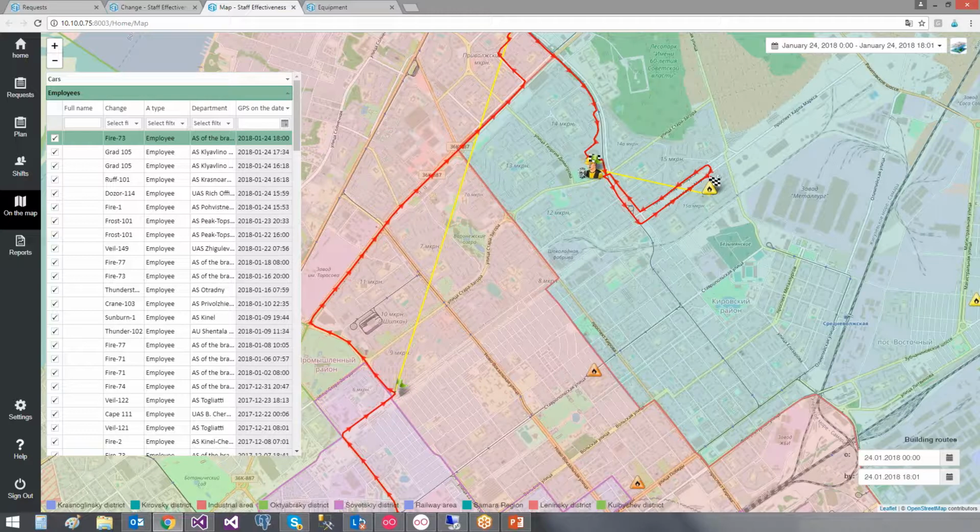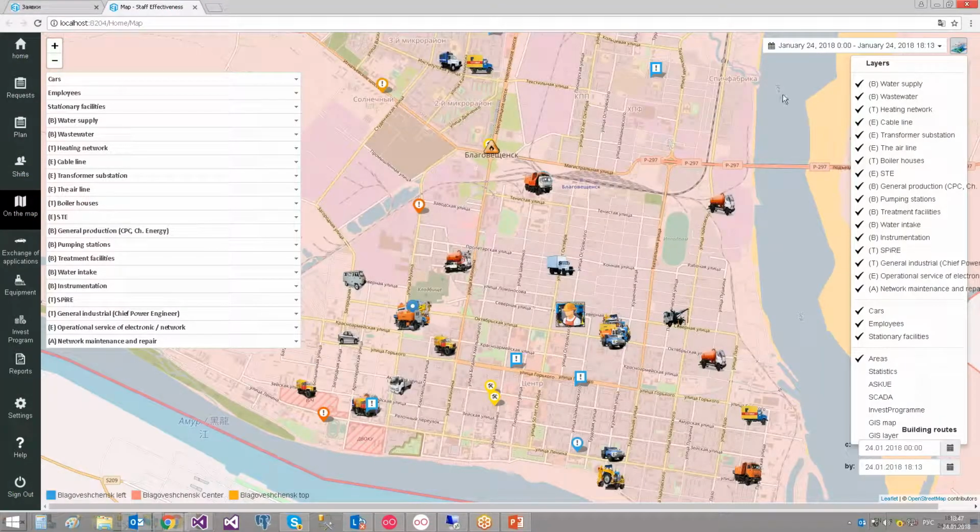Additionally, let me switch to another system business case. We can also schedule additional techniques. Just a second, let me show you another screen. This is another business case where we schedule not only teams, not only services, but also additional special vehicles